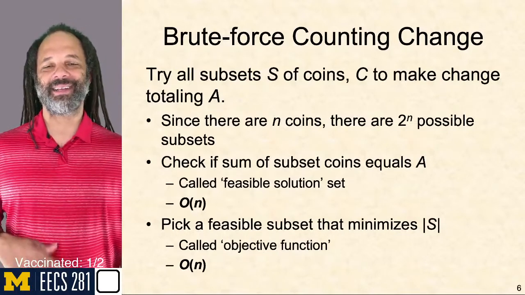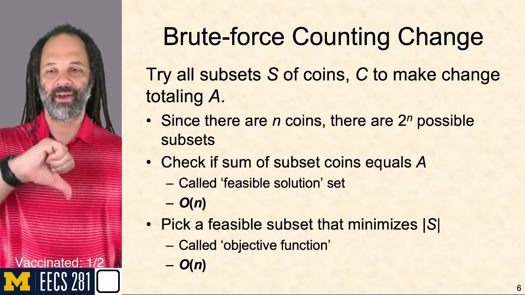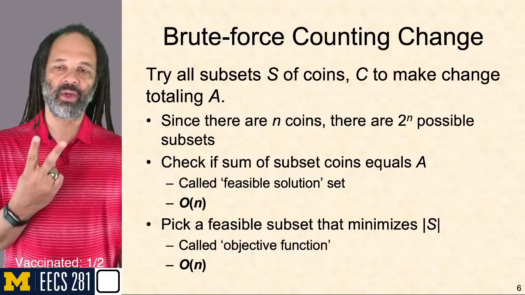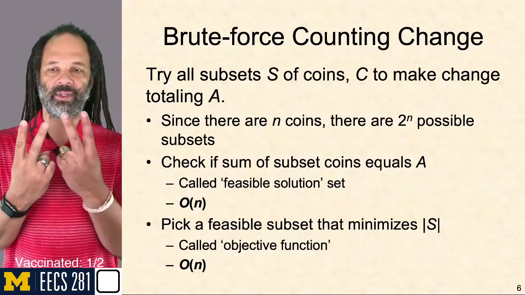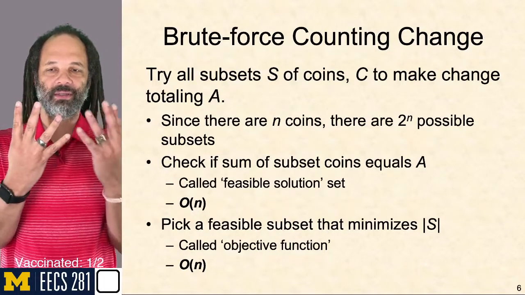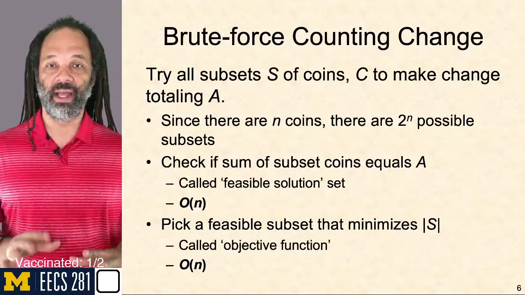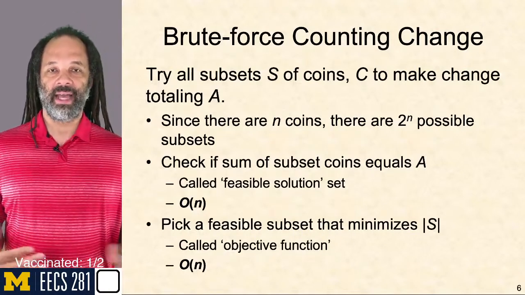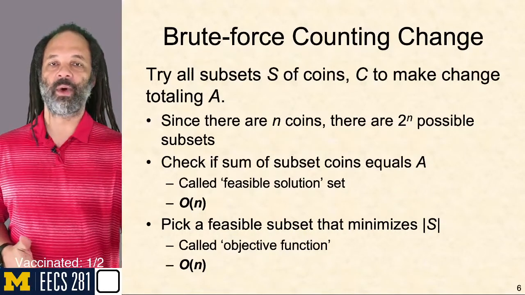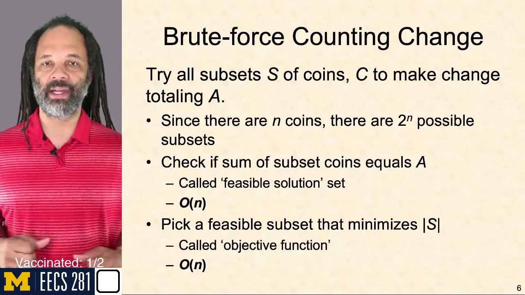When I get that 2 to the n possible subsets, it's because each coin is either in or out. So for each coin, there's 2 choices. 2 coins, 2 choices times 2 choices. 3 coins, 2 choices times 2 choices times 2 choices. So that's where we get this really large number. If I just have 10 coins, there's 1,024 different ways that I can look at different combinations of those coins,